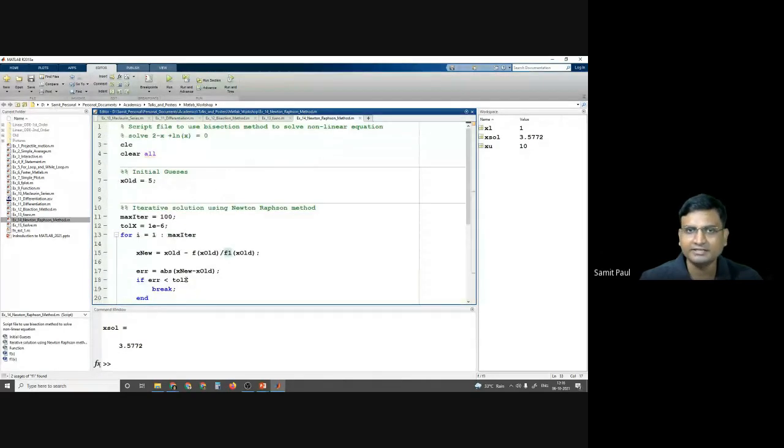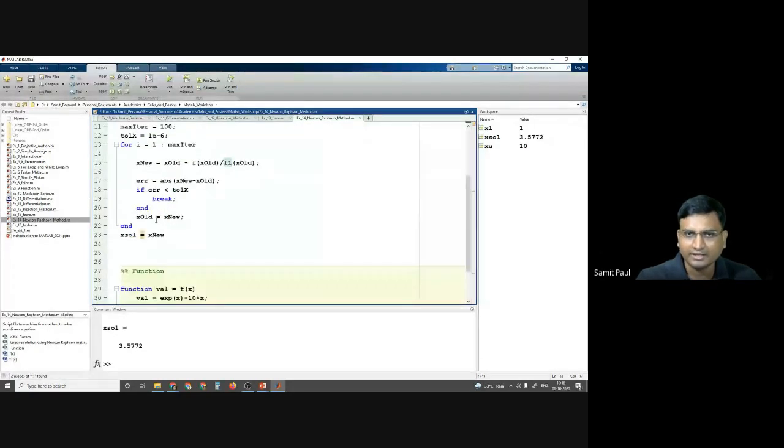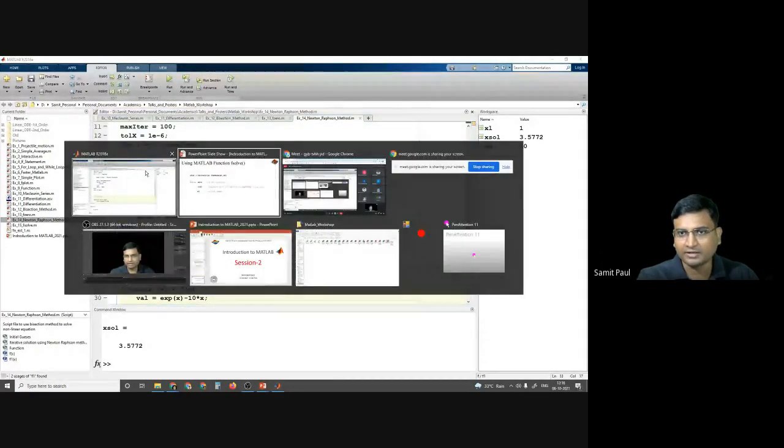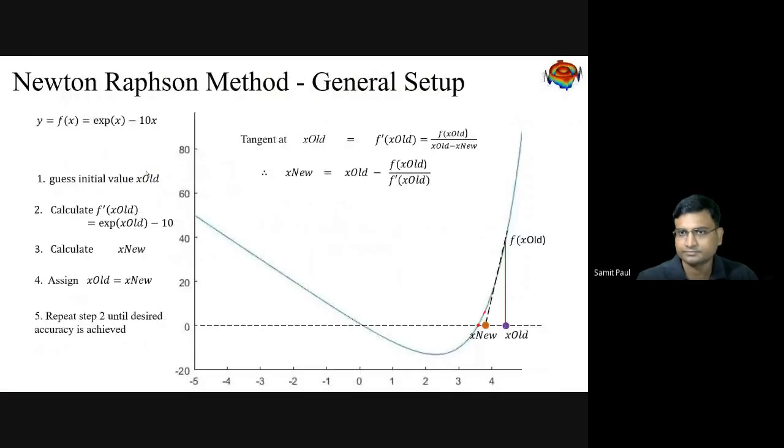And in the function, initialize x old, which is 5, then max iteration and tolerance, both of them I have given. I am calculating x new using this formula. X new is equal to x old minus the function divided by the derivative of the function, or f divided by f1.